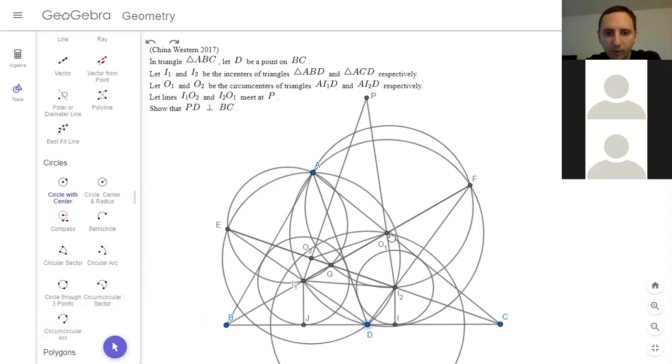I don't think so, but no. So we have this Mikkel configuration. So maybe this is like a property of, I was going to say a property of the Mikkel configuration, but